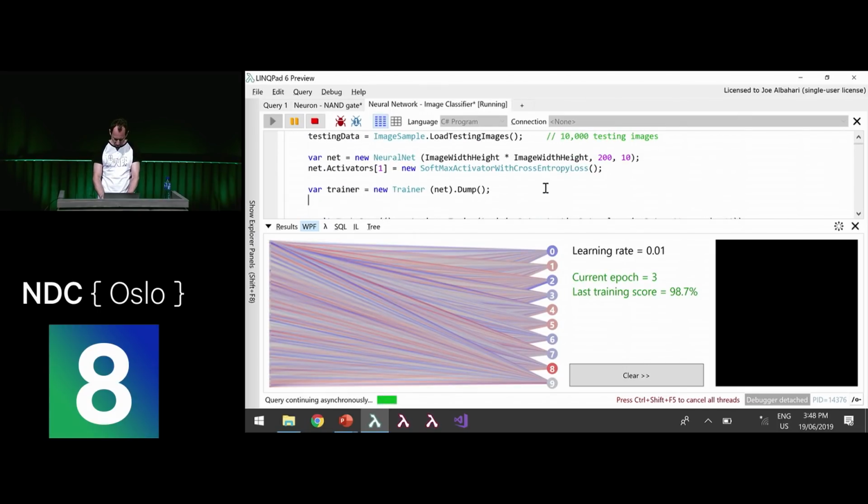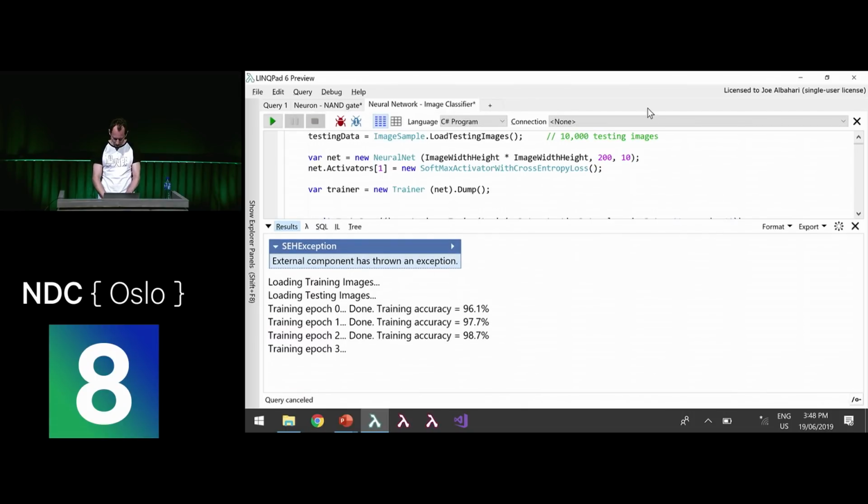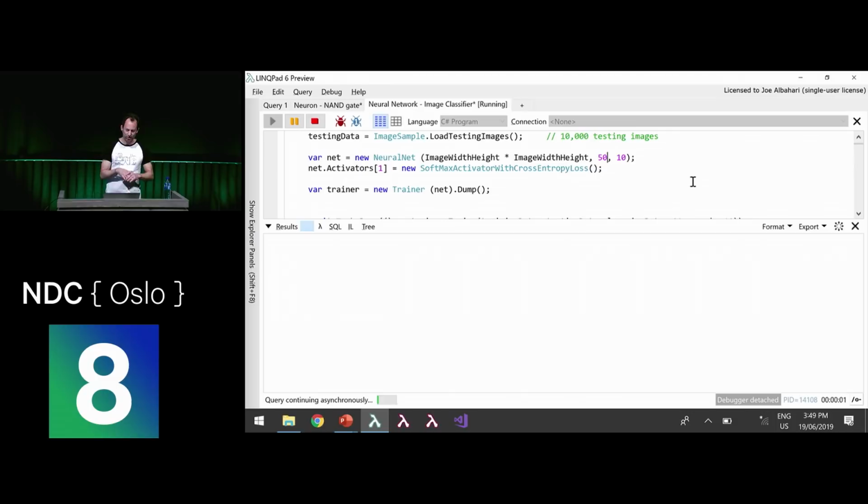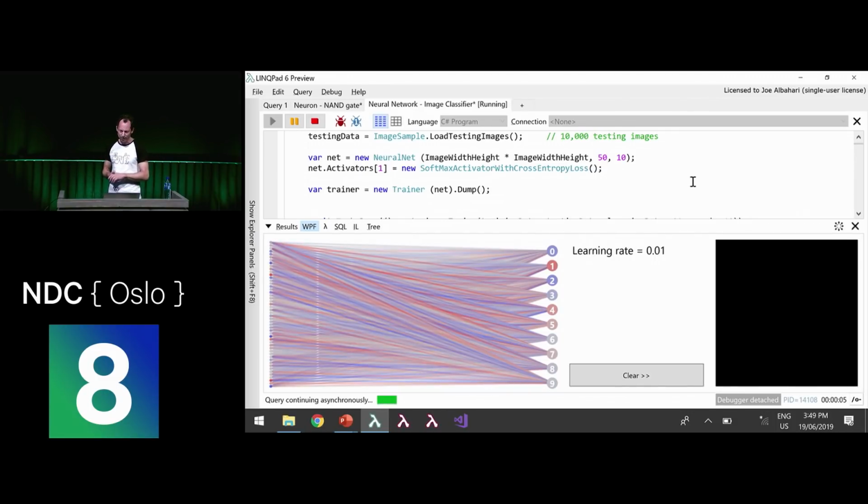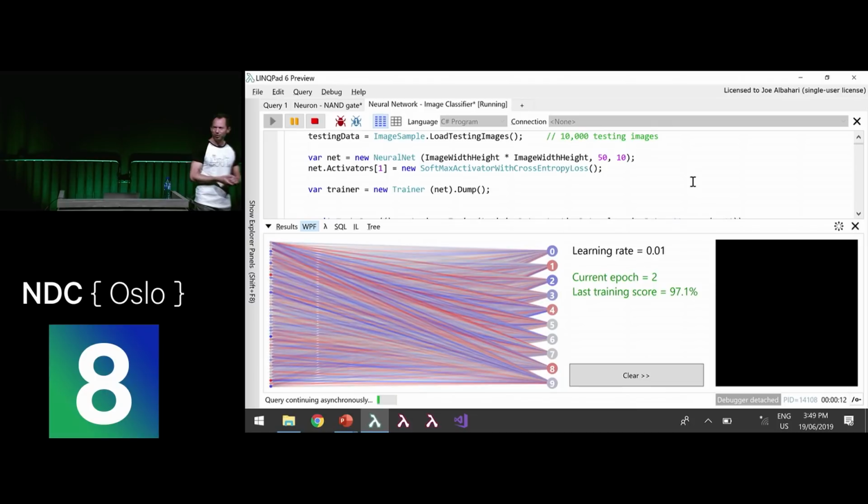What I'm going to do, I'm going to stop this. I'm just going to reduce this to 50 neurons. That is a much slower activation function. This is one of the things, it's a trade-off you're making, and it doesn't matter whether you're using this or a big library like TensorFlow, that sometimes it's better to use an inferior activation function and loss function if it's quicker, because you can get way more iterations done. You'll end up getting a better result sooner anyway. So sometimes it's not always better to have the better function. It's training quicker now.